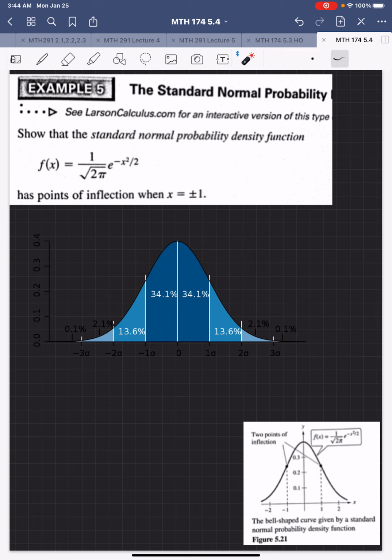There's a reason why I don't teach statistics, and if I'm not careful, I'll go off on a tangent about why I don't teach statistics. But the main point is,